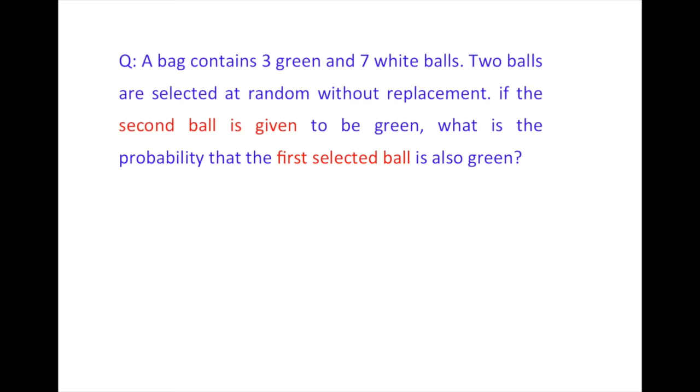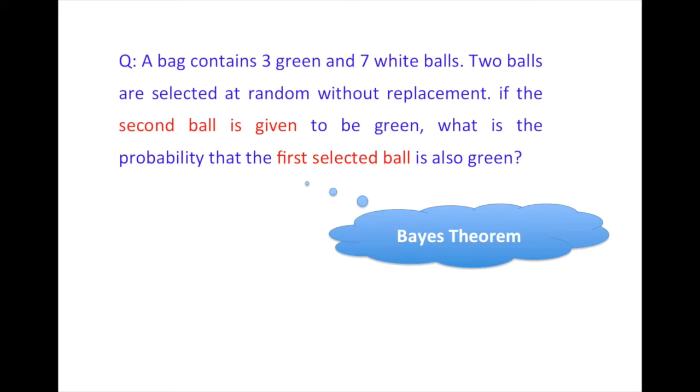So we are looking at reverse probability and so Bayes' theorem comes in use. Even in E2, two events which would make the partitions of the sample space need to be defined. E1 would be the first ball is green, E2 first ball is not green, in this case white, and the related event A would be second ball is green.